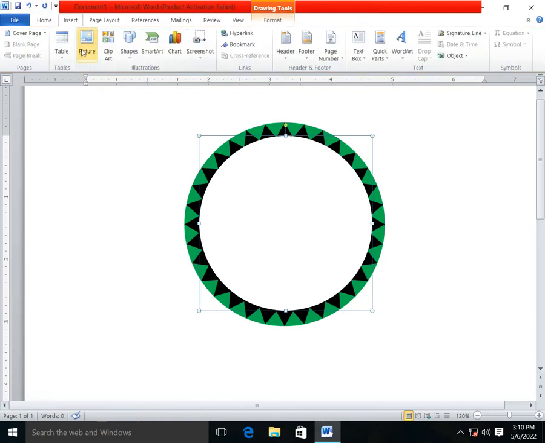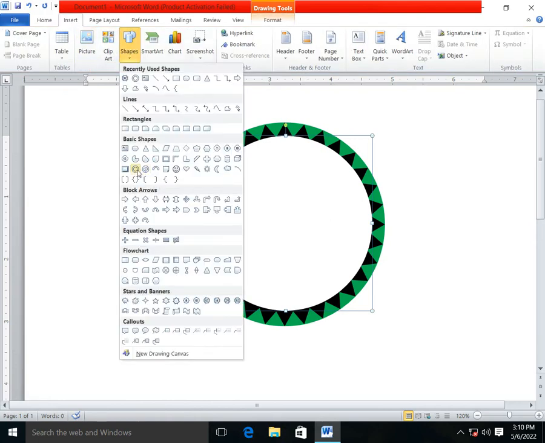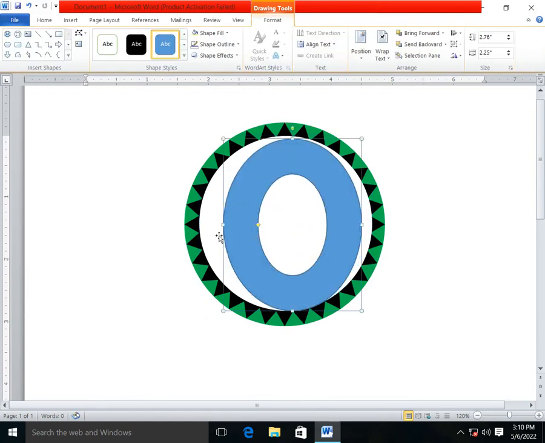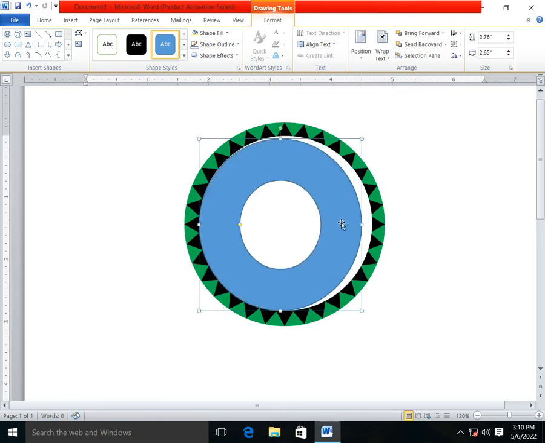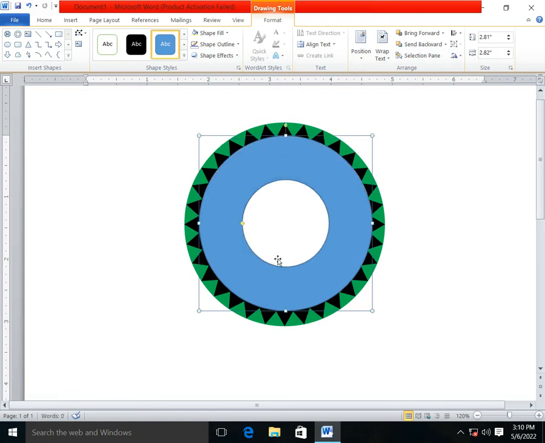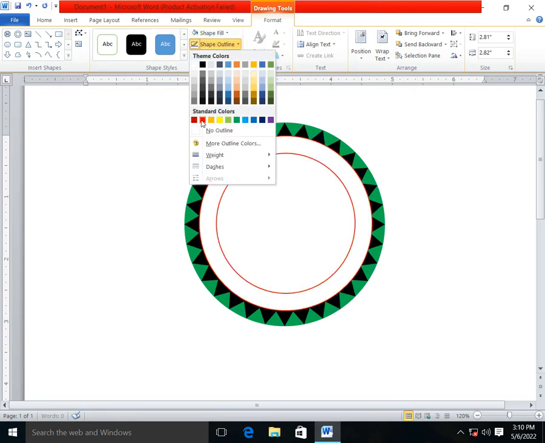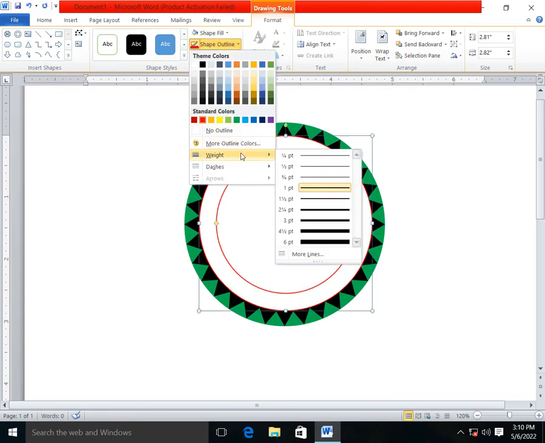After it, I will go to Insert, click on Shapes and again select Donut from Basic Shapes and I will draw it with the help of the Shift key in this way, and I will put or set it in all directions. So now I will drag it to this one. I will choose the Shape Fill color with No Fill color and Shape Outline with red color, and I will increase the weight of the outline to